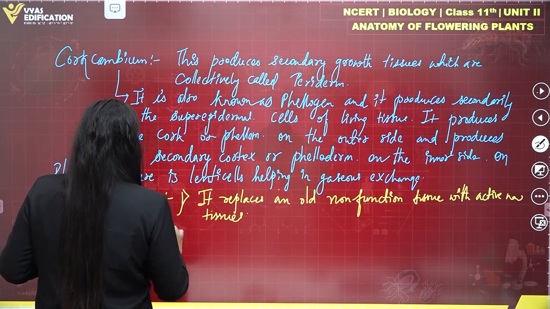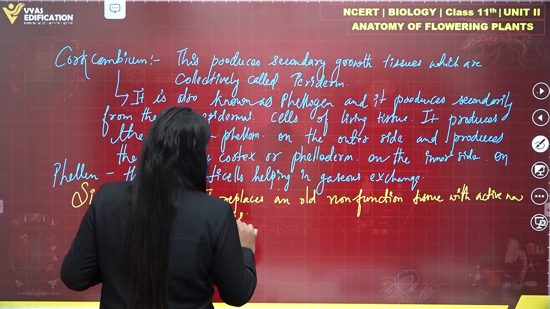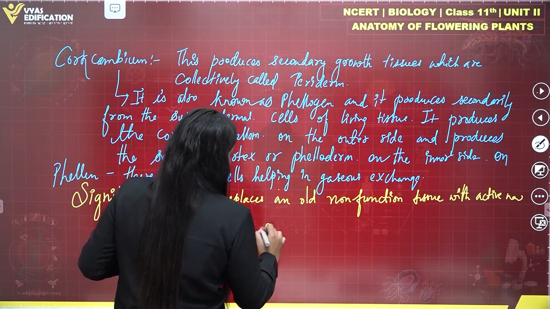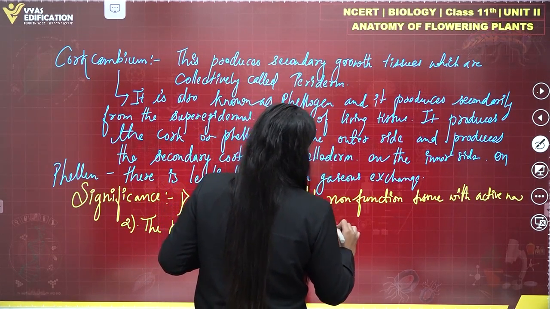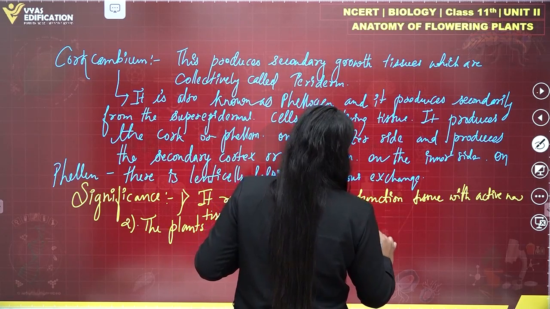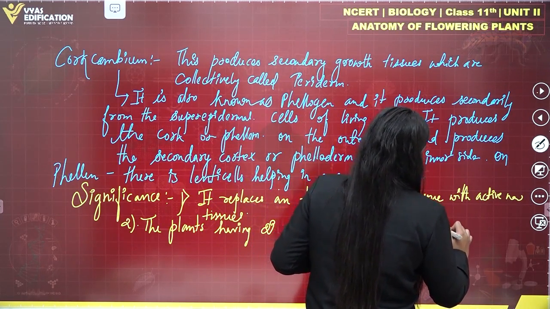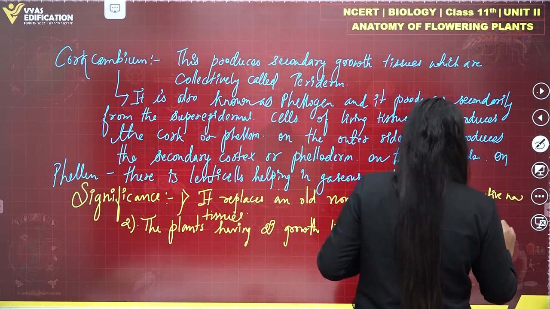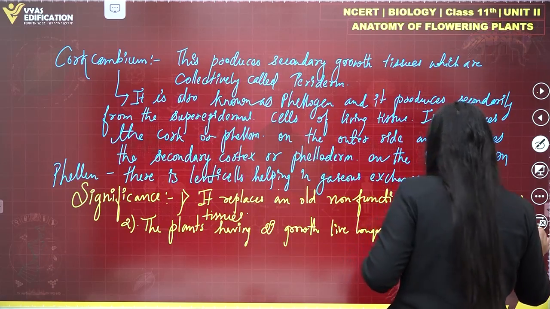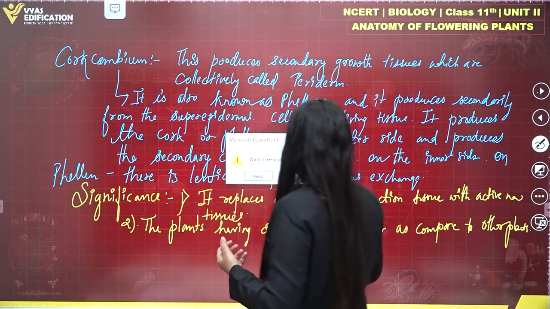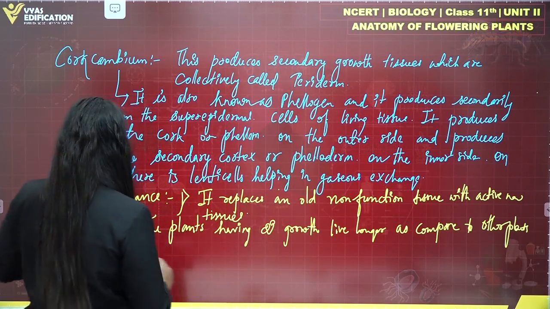So the plants having secondary growth live longer as compared to other plants who are not having secondary growth, right? Then, all right, we have these two significance. The third one we have is